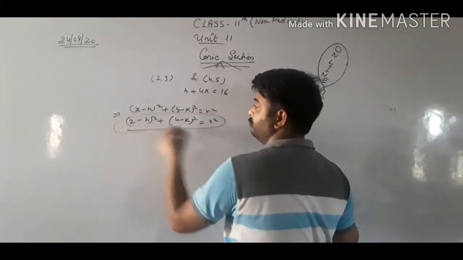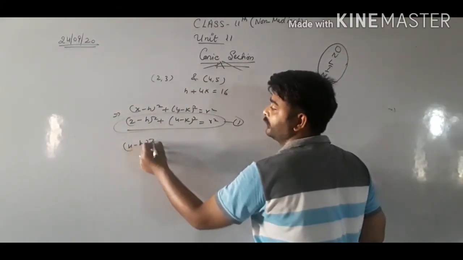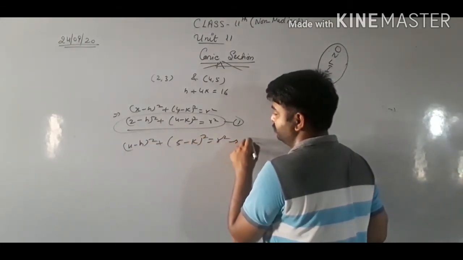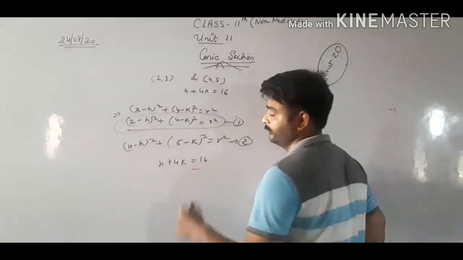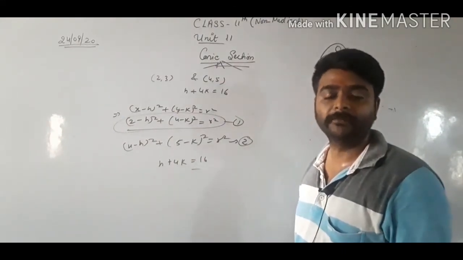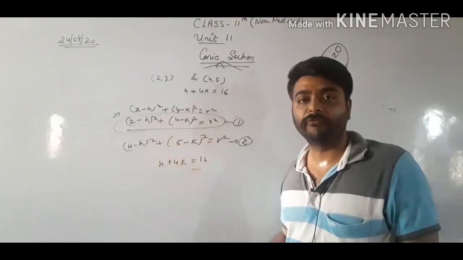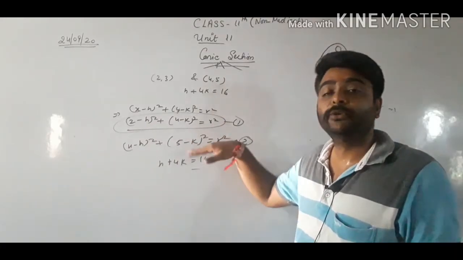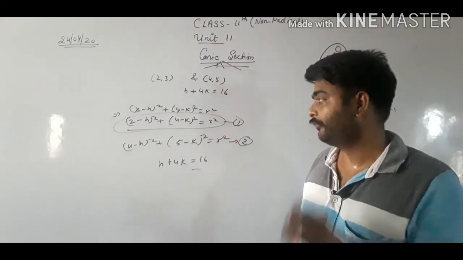This is the first equation. And for this point, this is 4 minus h whole square, this is 5 minus k whole square equals to r square. This is the second and this is the third, that is h plus 4k equals to 60. So class, for these three equations, first of all take out the value of h or k, whichever you want, put it in the given equation where we will get two unknown values, and by using the elimination method you can find any one value, then you can solve very easily.